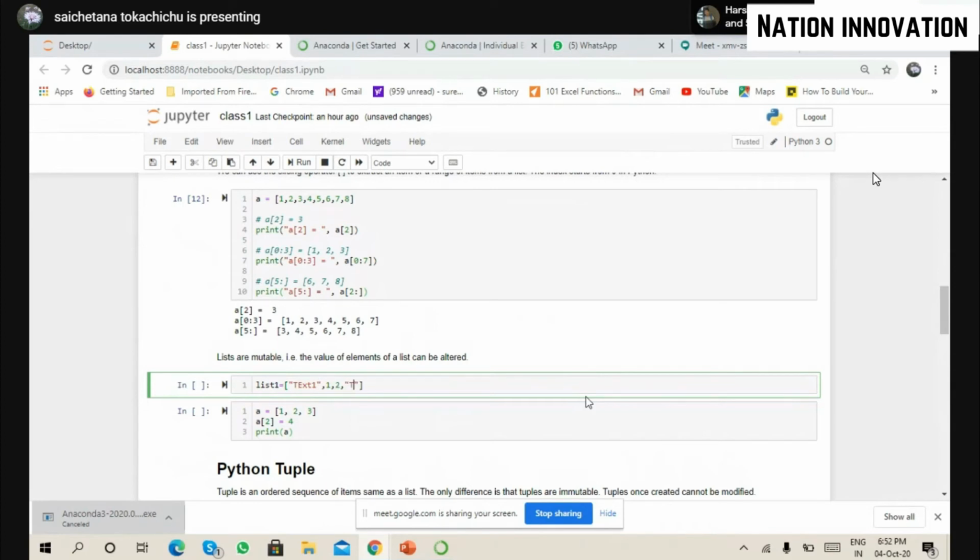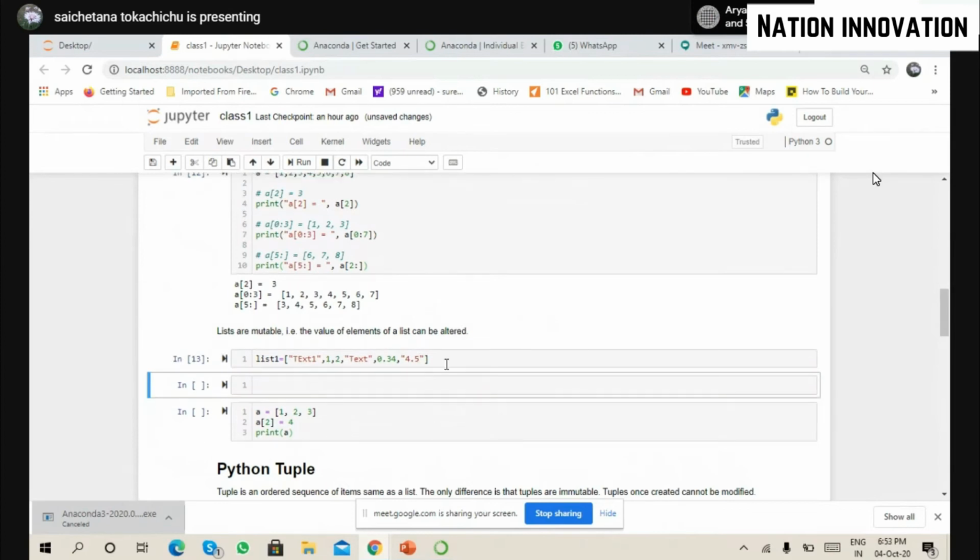Then again some text, and it is also having some float values. And one more thing: if you write some numbers inside quotes, what do you think it will be? Will it still be treated as number, or will it be treated as text? Guys? It will be treated as text. Obviously, correct.